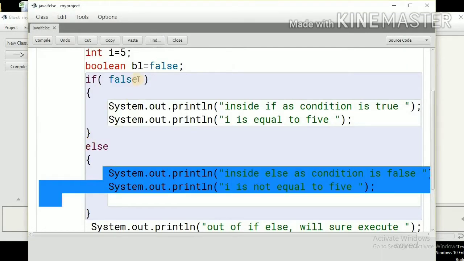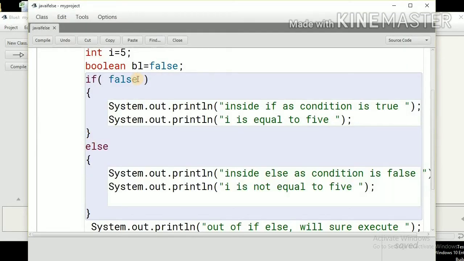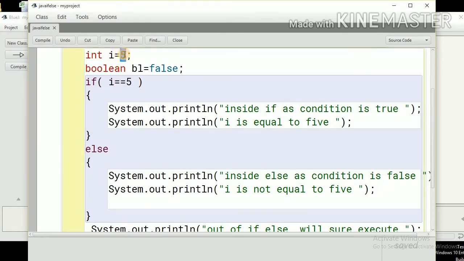As we had discussed, here we can use a direct boolean value, a boolean variable, or comparative conditions. So let me have a comparative condition. Let's say i is equal to 5. This i variable is equal to 5, so we are comparing 5 with 5, so this is a true value.